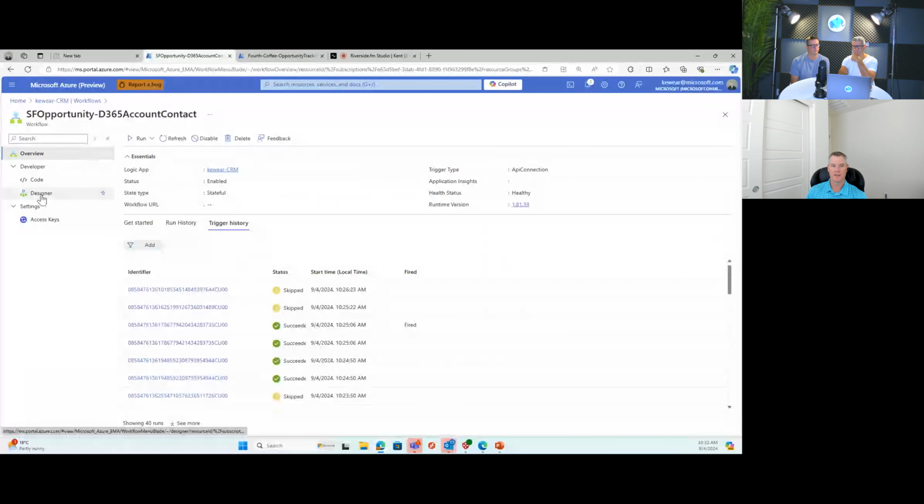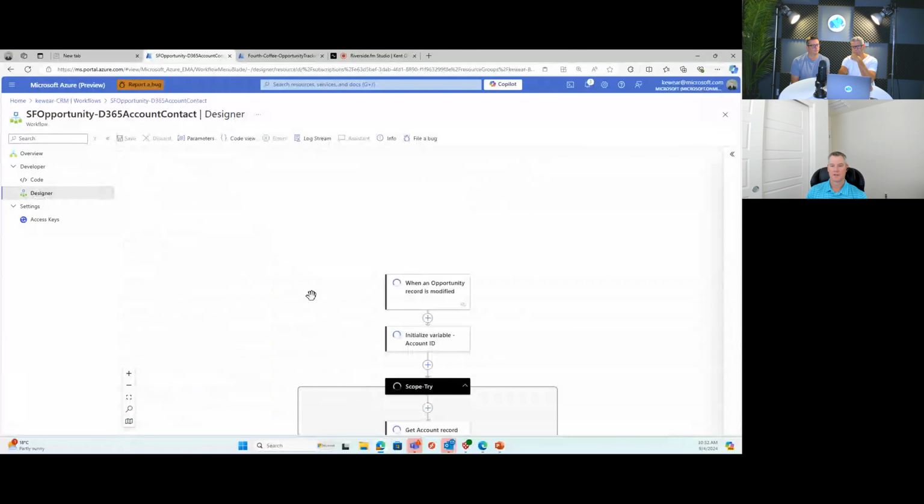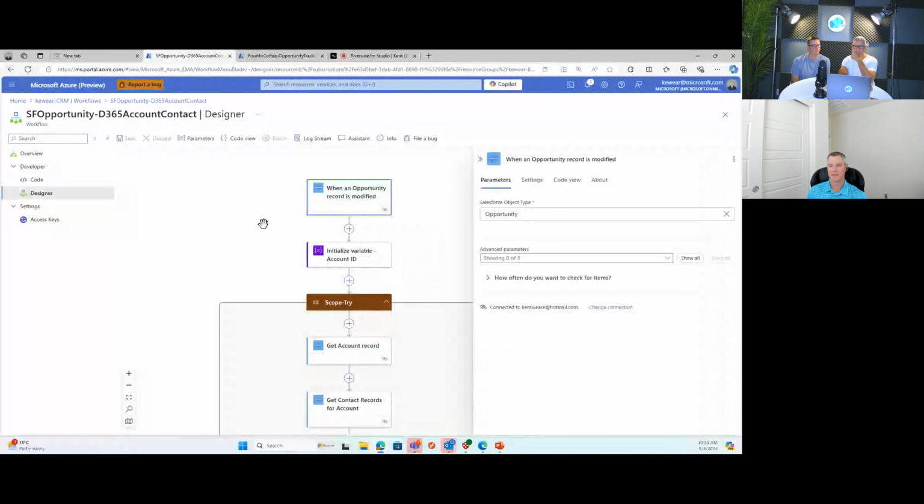So let me just go ahead and show you what that means if I go into the designer. Here we've got the trigger, and I've got a connection to my Salesforce instance. I'm looking for any updates, so when a record is modified, and in this case, I'm looking for the opportunity entity.